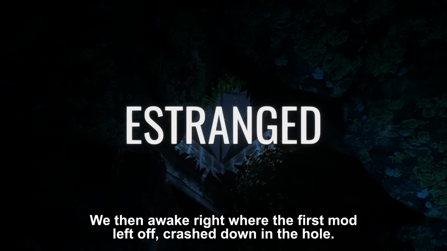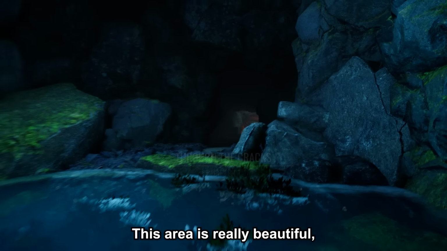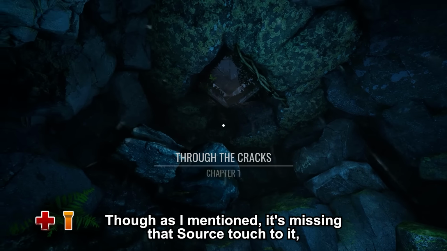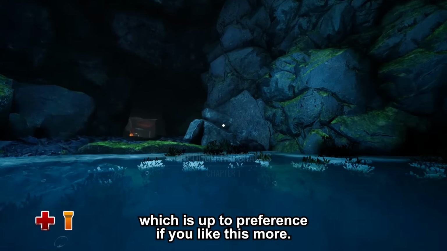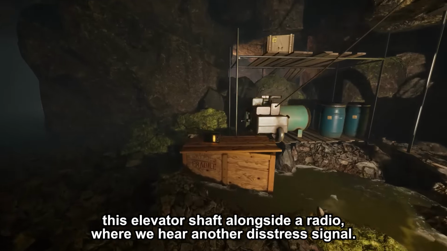We then awake right where the first mod left off, crash down in the hole. We fall even further down into water. This area is really beautiful, and it honestly looks like it could be Source still. Though as I mentioned, it's missing that Source touch to it, which is up to preference if you like this more. We move along these caves and eventually find this elevator shaft alongside a radio, where we hear another distress